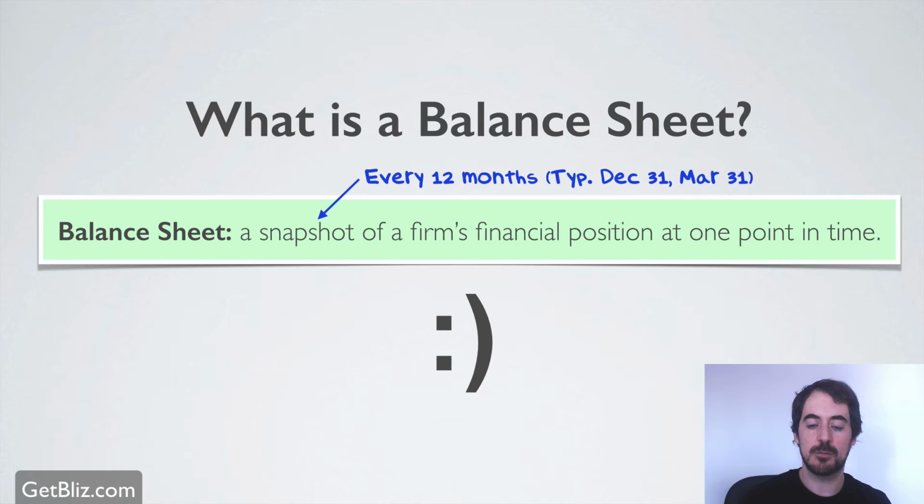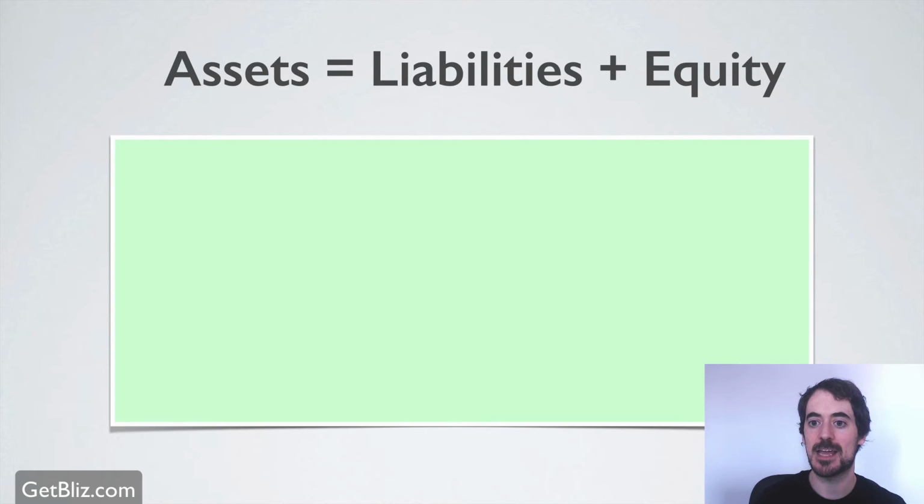So now that we celebrated, what's next? We're going to have to learn these 3 important terms that make up a balance sheet, which are assets, liabilities, and equity. The balance sheet is called a balance sheet because it needs to balance, and what they're balancing are the assets, which should balance out with the summation of liabilities plus equity.